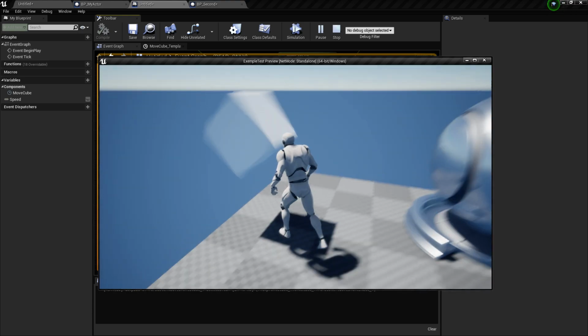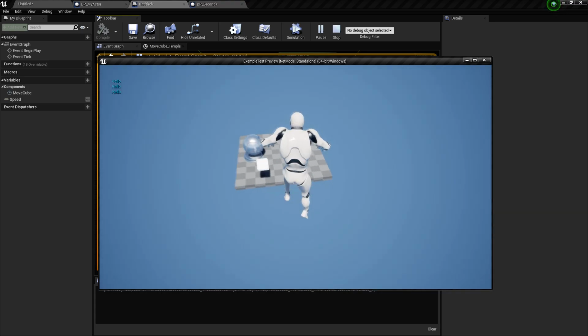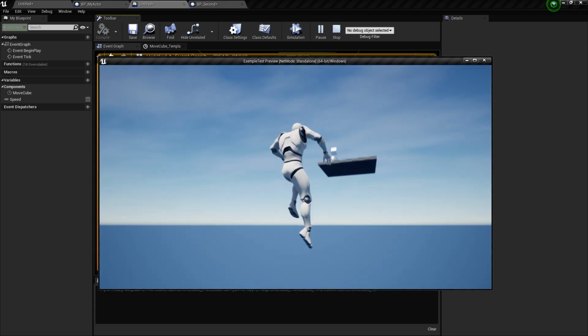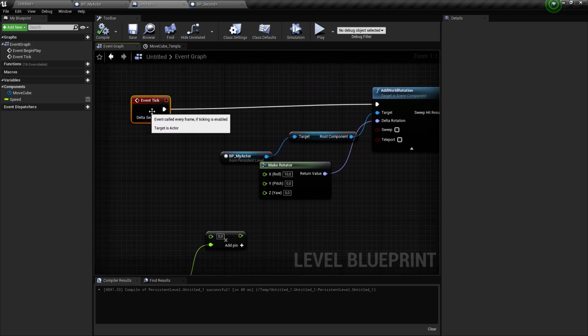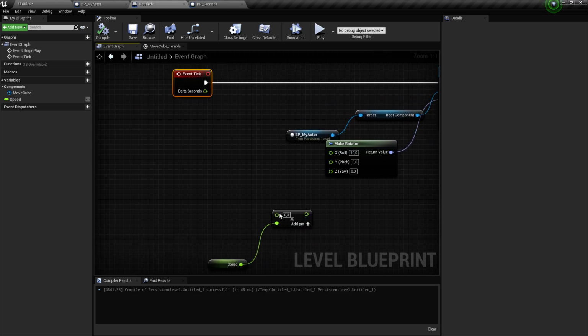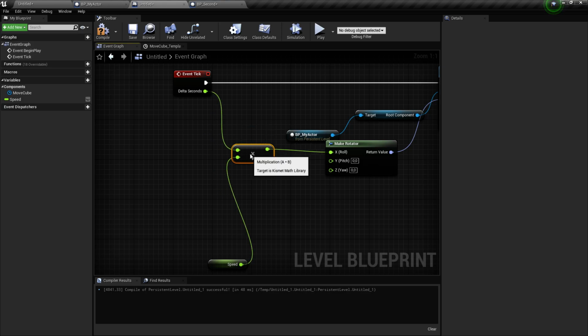If your computer is a little less powerful, it's not going to move as fast as it is in here. So every time you use event tick, which is not a lot, to be real, you have to use this delta seconds, because it controls how your event tick is moving.